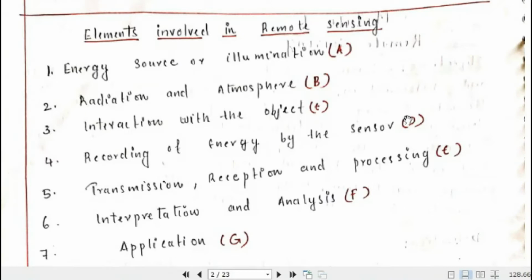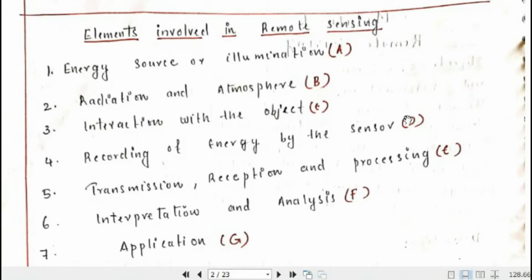Today's session, we will be discussing various elements in detail which are part of remote sensing. Among different components, the first one is energy source and illumination. As we know, a source of energy to illuminate the objects is very much necessary for the process of remote sensing. And the source of energy acts as the medium of transformation of information about the features from the Earth's surface to the sensors, which are for the purpose of capturing the information